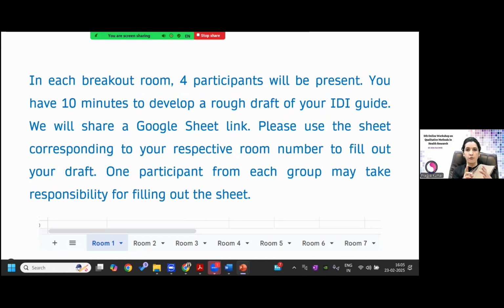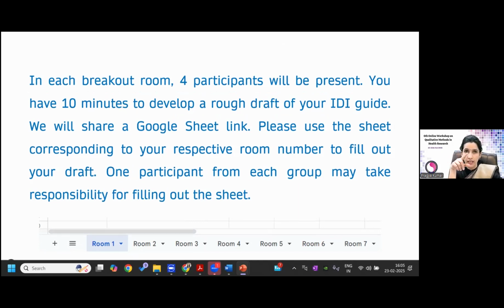Right now, 4 people in one breakout room, and you have to develop an interview guide on this Google Sheet, 8 to 10 questions. And please use your room number. I think there will be some responses for that room number, so mention your room number also in that Google Sheet. So Anand,